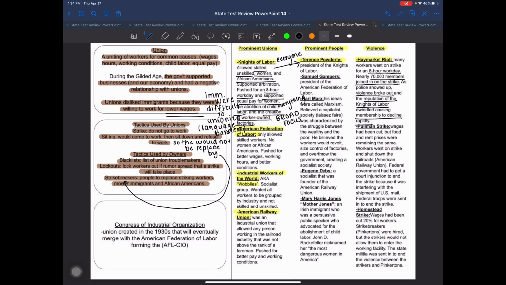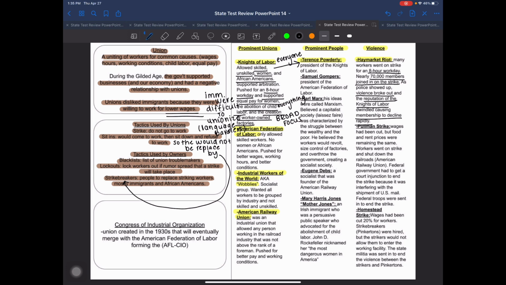And so a lot of members of the Knights of Labor showed up to work, and their owners basically put a notice out that if you're a member of the Knights of Labor, you're going to lose your job. You're going to lose your job because they're being connected to cop killers, they're connected to terrorists, and those people aren't going to be able to work in that certain factory. So in order to keep their jobs, a lot of the members of the Knights of Labor just revoke their membership. They drop out of it. So that was the first one.